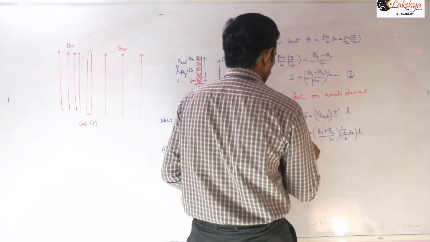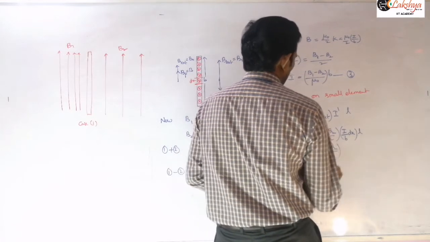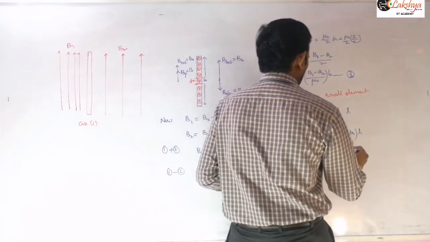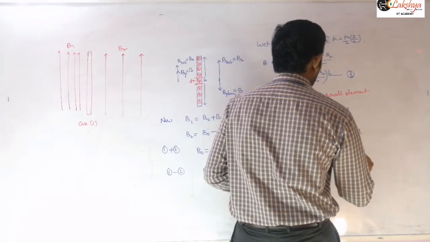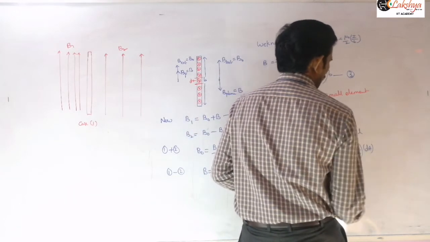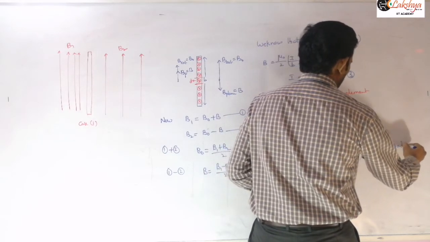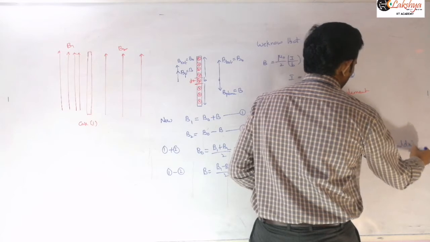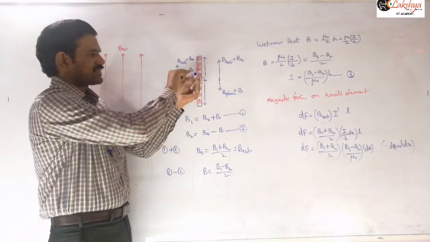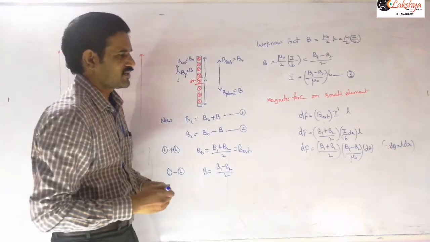So now let us substitute those values here. dF is equal to (B1 plus B2) by 2 into, as I said, the I by B value, directly you can substitute by using that. So I by B I can write directly as (B1 minus B2) by μ0, right, into dA. The dA value is what I am taking here as L into dx. So that L into dx I am taking as area. L will give this length here, and dx is the width. So L into dx will give this area here, and I am taking it as dA.